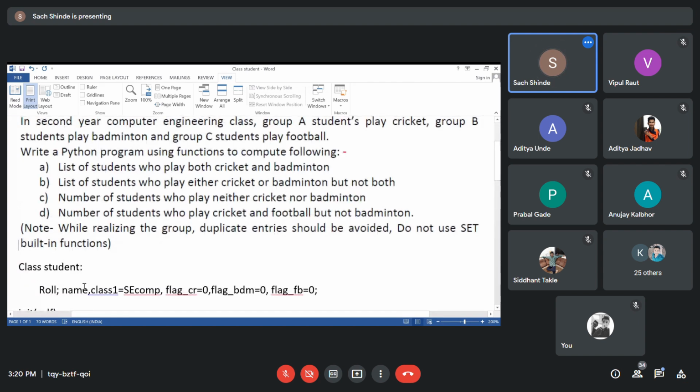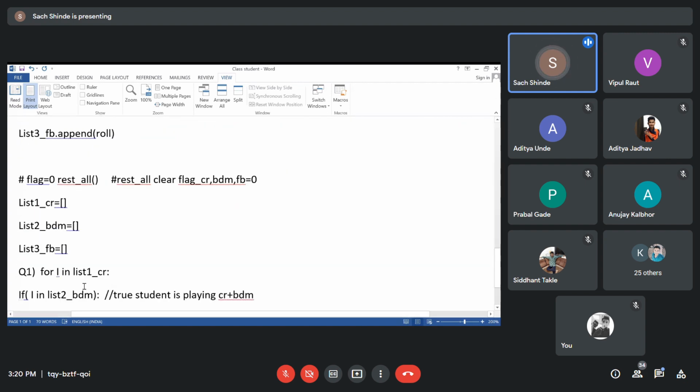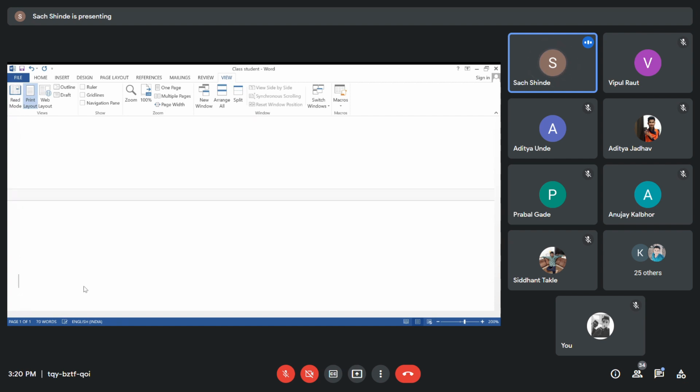We have to solve it. So we have to just list the cricket and badminton players. So what we have to do is list it in a print statement over here. After this, it implies that he is a cricket player as well as a badminton player.